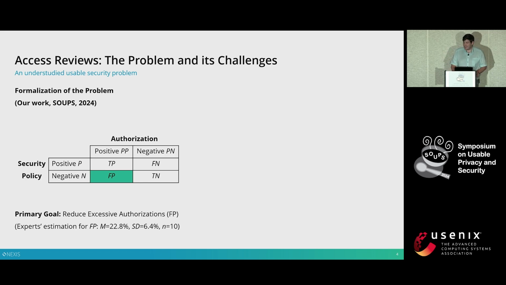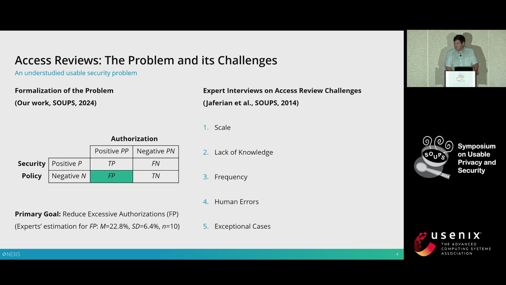To better understand it, it's not only about the problem itself. Access reviews also have accompanying challenges. Ten years ago, Jaferian et al. published at SOUPS a paper about it. They compiled 5 major problems. I will quickly glance over them for you. The first one is scale. In access reviews in large organizations, you quickly have to review about 6 or 7-figure numbers of authorizations